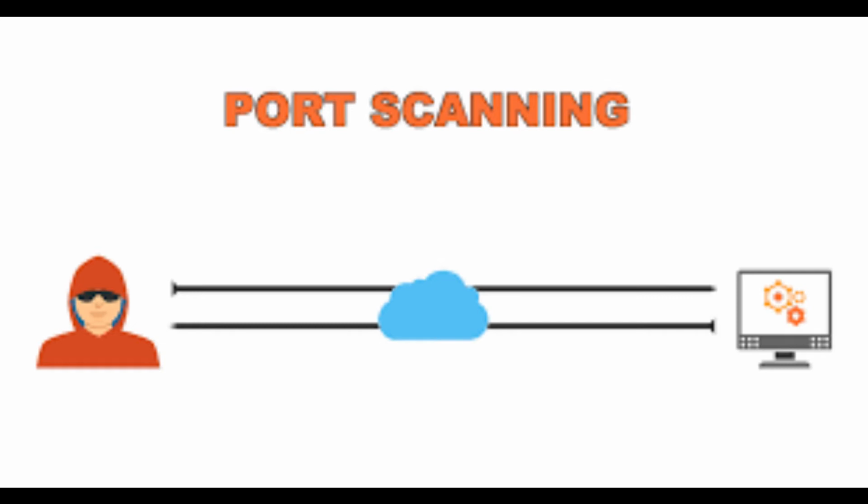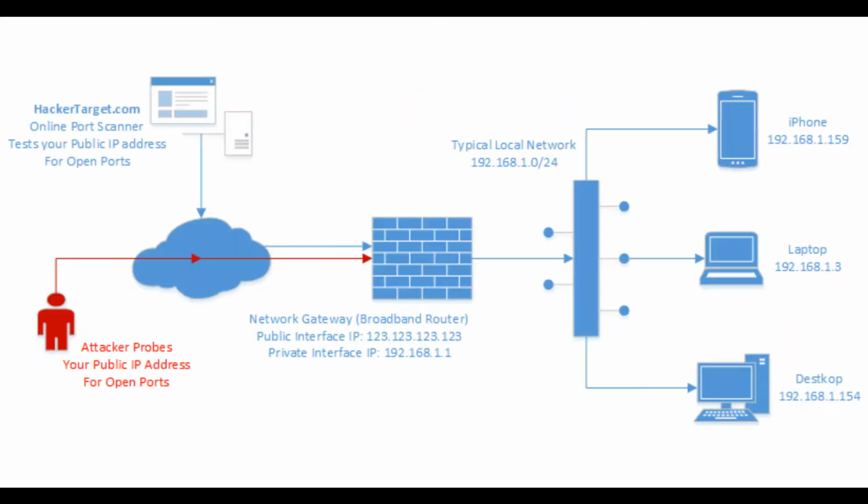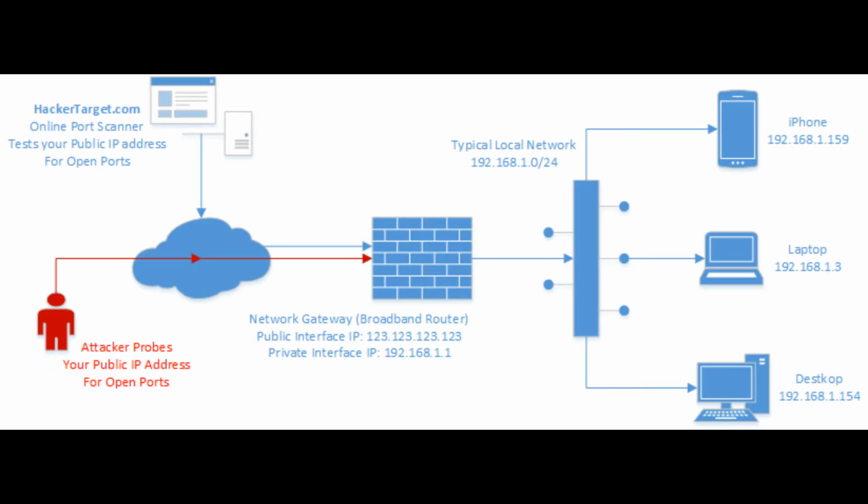A port is a logical connection that allows data to be sent from one application to another directly. There are 65,536 available ports on a computer, but we know only 1024 ports. If any port is open, then an attacker can attack the target system with the help of that port. Like for websites, we use HTTP port number 80. For mail services, we use POP or IMAP. The POP port number is 110 and the IMAP port number is 143.